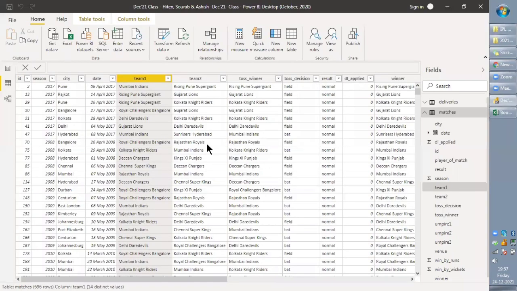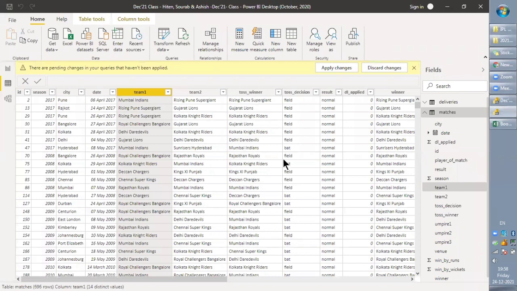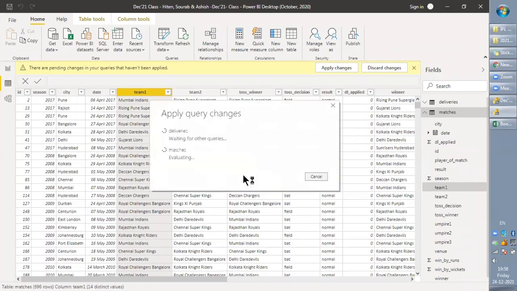It will change our data as well. It's updating the data in the backend.